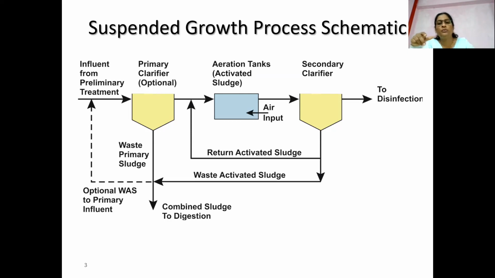So two processes happen. Because of the addition of atmospheric oxygen, odorous gases present in the wastewater will start escaping. This is the first function that happens over there. Another phenomenon is that when atmospheric oxygen dissolves in water, the microorganisms or bacteria present in the wastewater get that oxygen as energy. Once they are getting sufficient oxygen as energy, they will start decomposing the organic matters present in the wastewater.